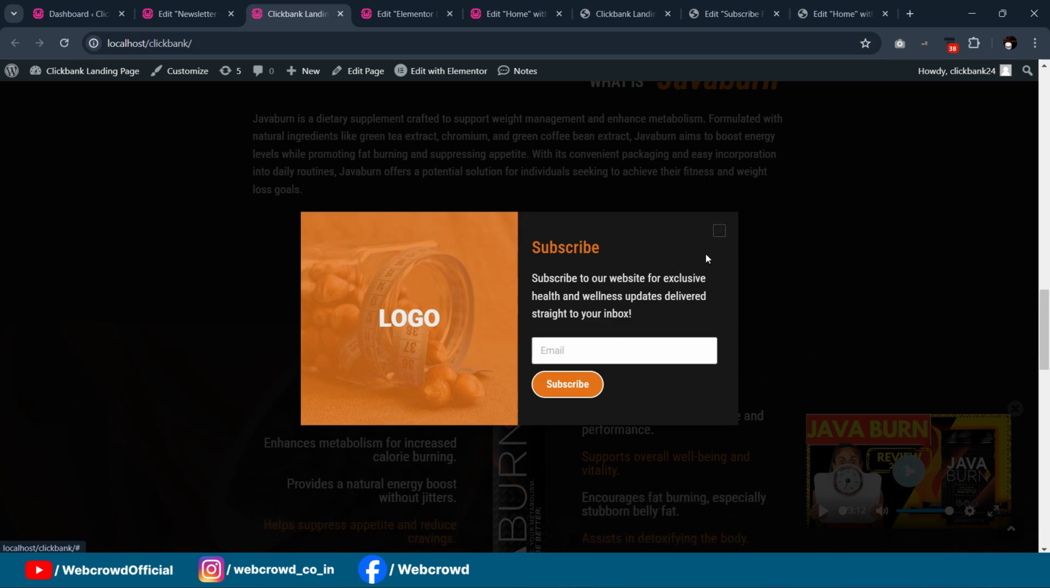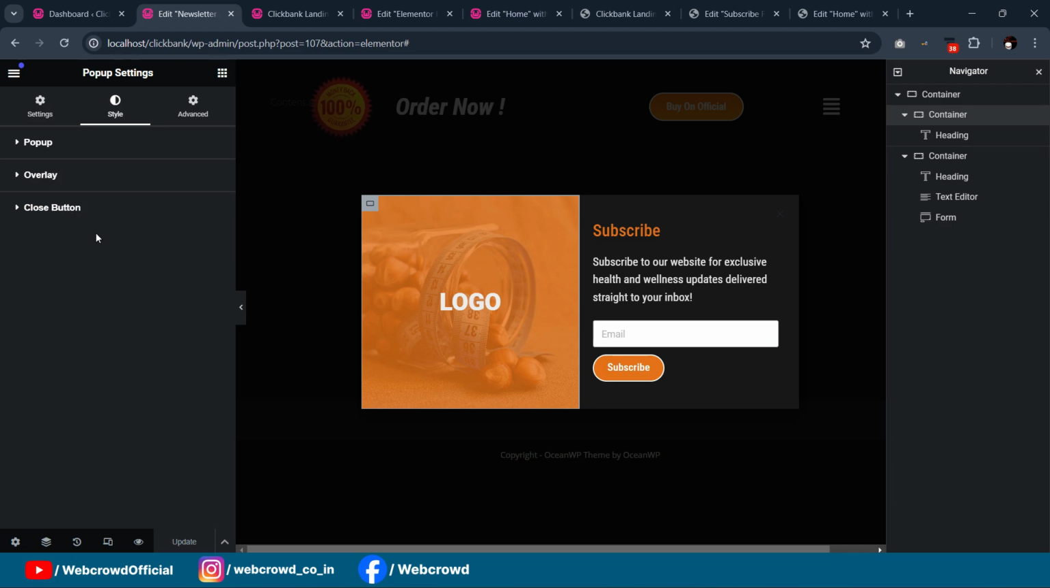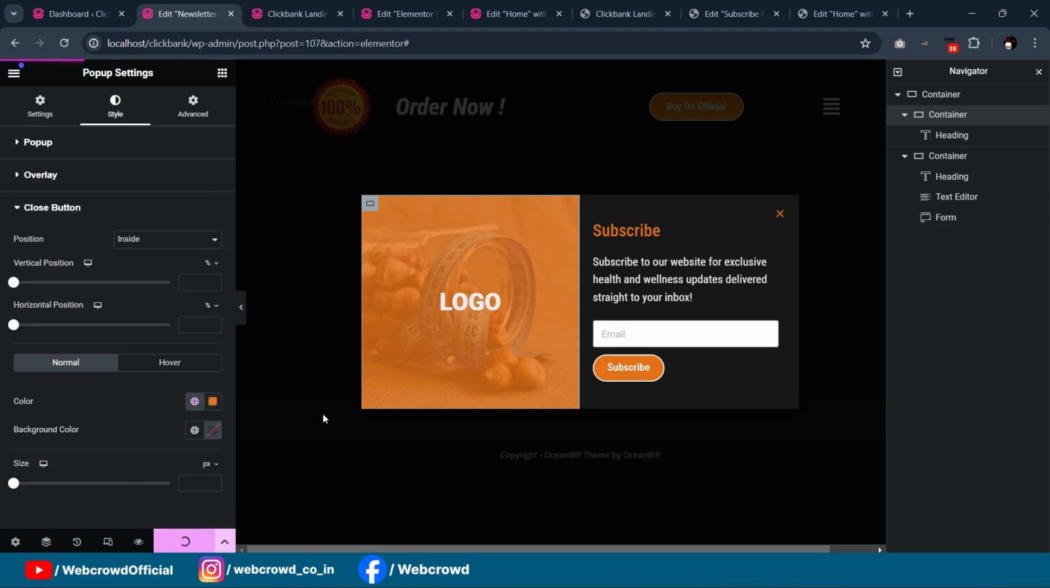And you can also change the color of this pop-up from the same place. Here go to the settings and style, go to close button. From there just check it. Okay,